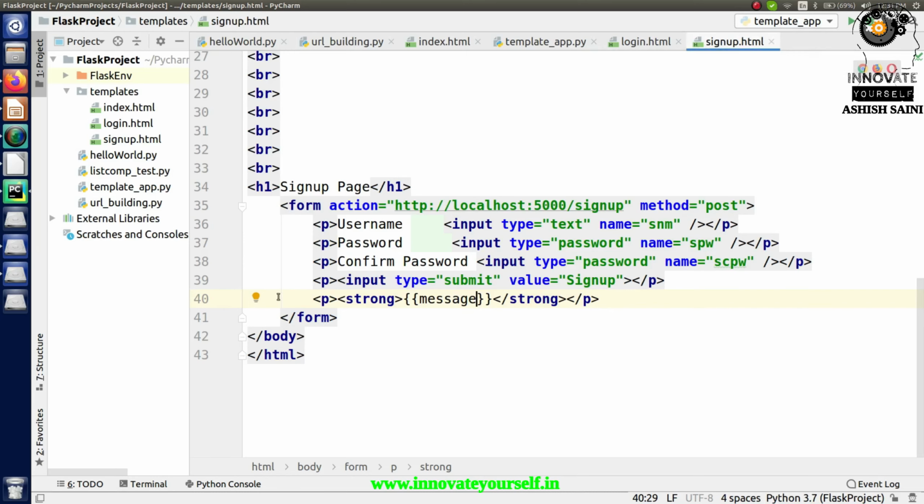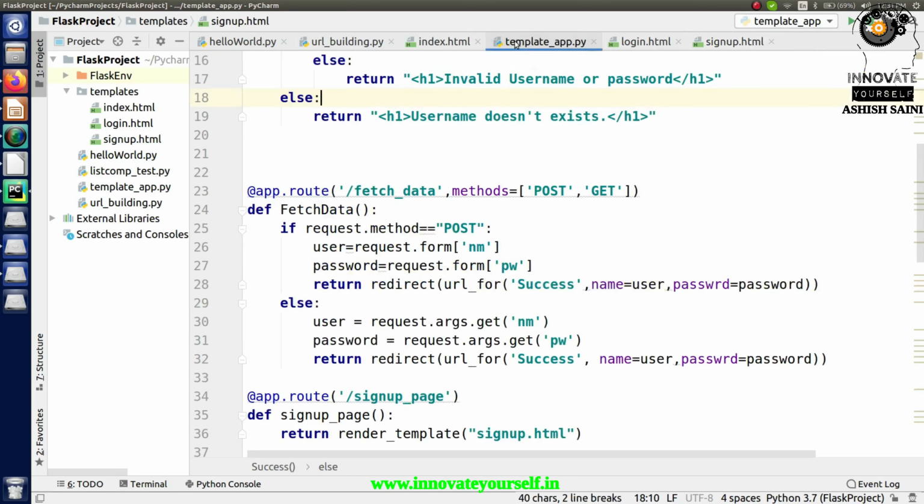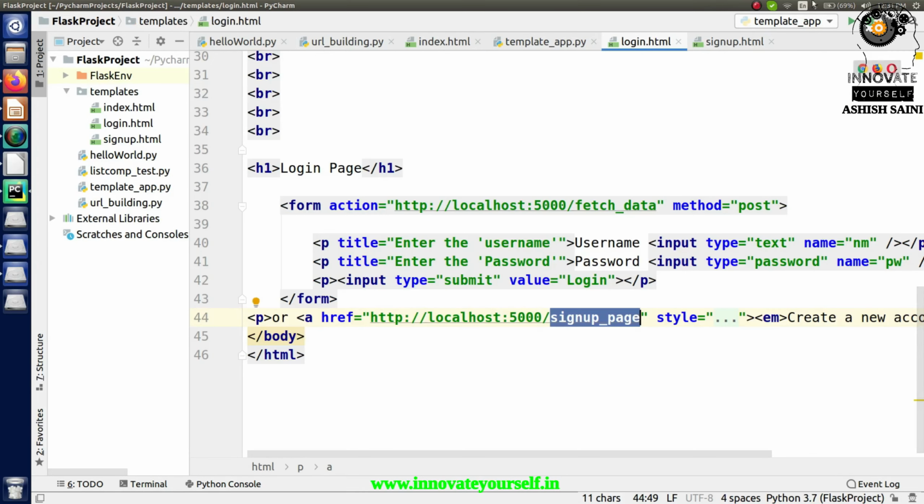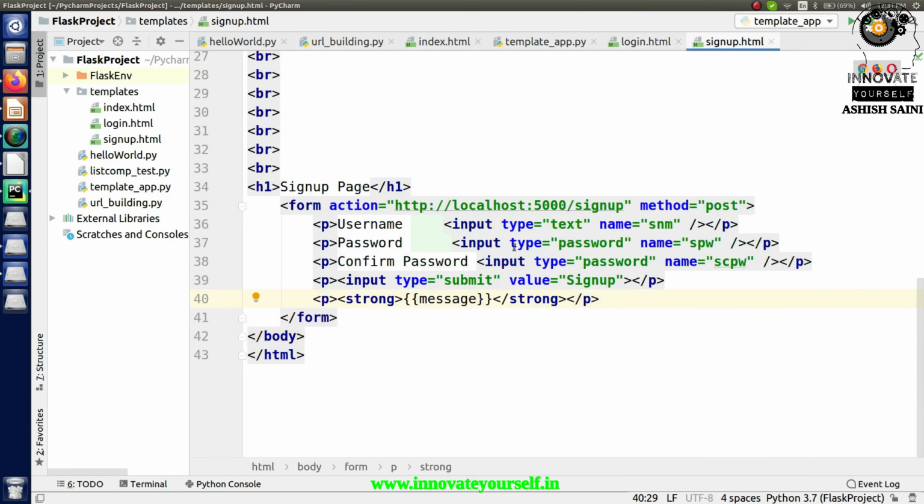So here you can see this is a program in which I have already shown you that if you have the data collected from the form, let's say this is a form, and you are putting some email ID or password to sign up, then what you have to do is display a message whether the user has signed in successfully or not. In that case the message was displayed on the same template. But this time we are not going to do the same thing. We are going to do a little bit of a different thing.